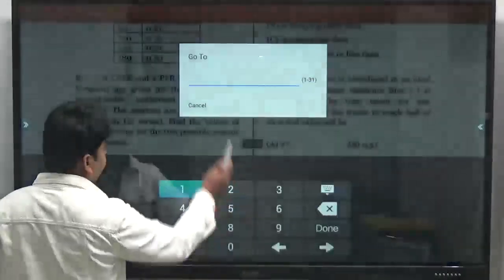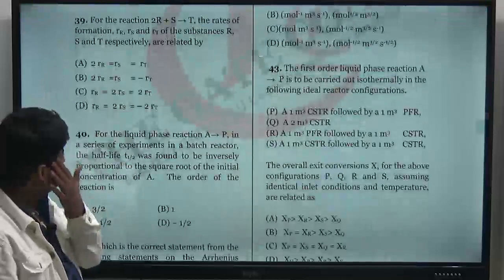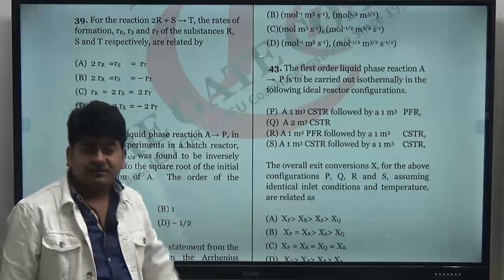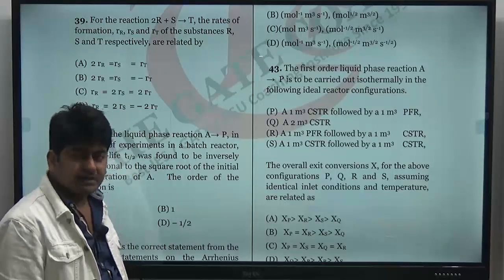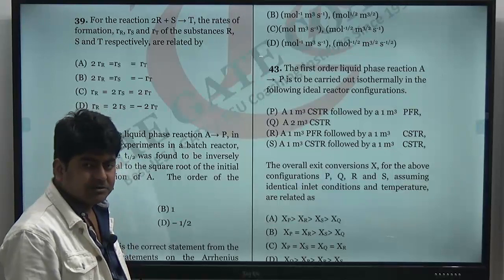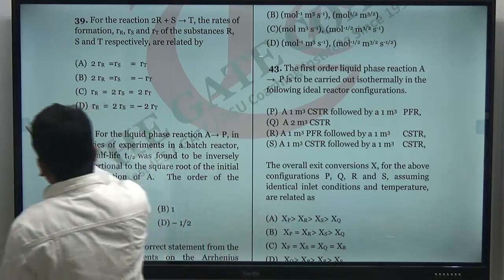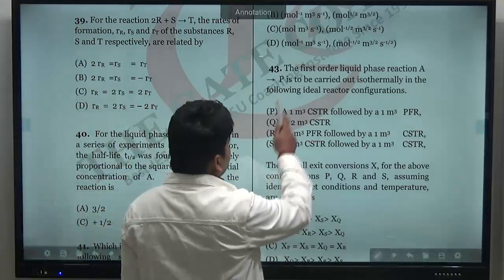Okay, next is question number 43. That was on page number 8. Now, one thing which all of us know, that MFR in series will give higher conversion as compared to single MFR. And when more than one reactors are there in series, then obviously for a positive order reaction we will get the higher conversion. So in 43, if you see,